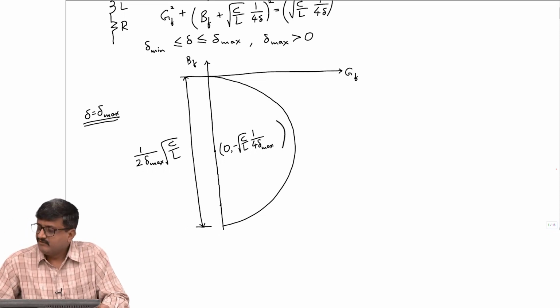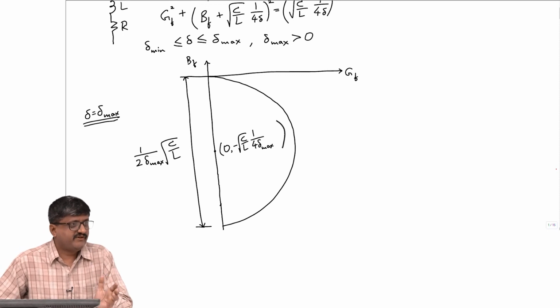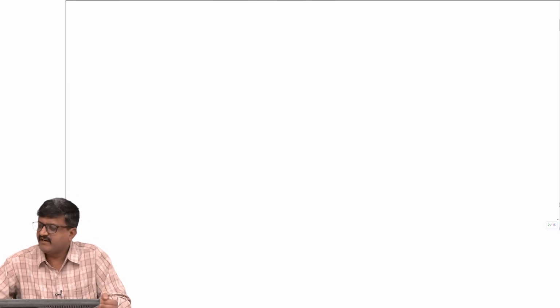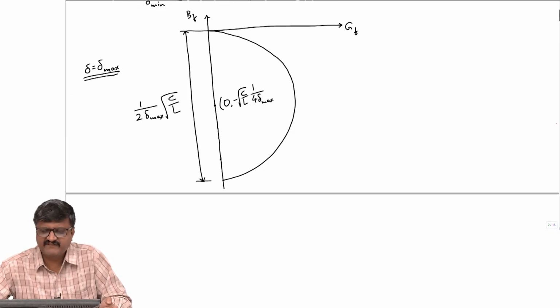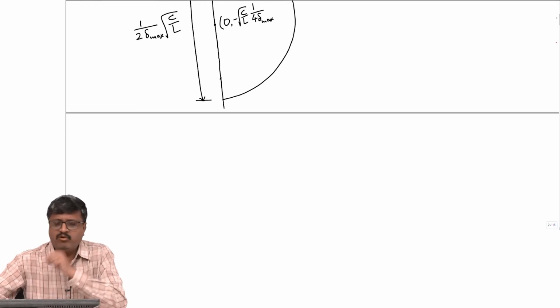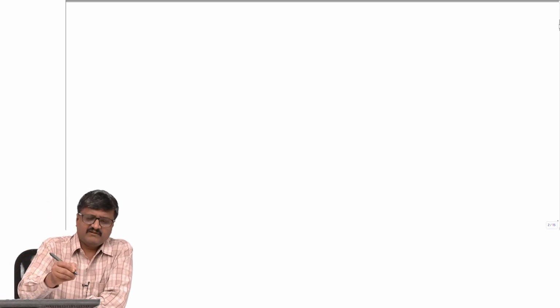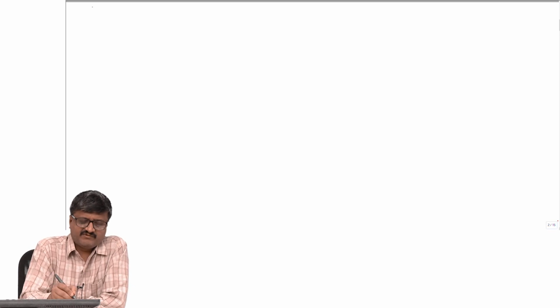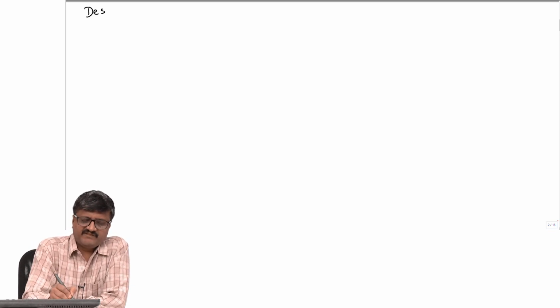So, we have to design the filter. We do not have the exact values of GF or BF; getting the values of R, L and C, or in other words getting the values of GF and BF, is the design. For the sake of filter design, we will consider an equivalent circuit. So, let us do the design of the single tuned filter.